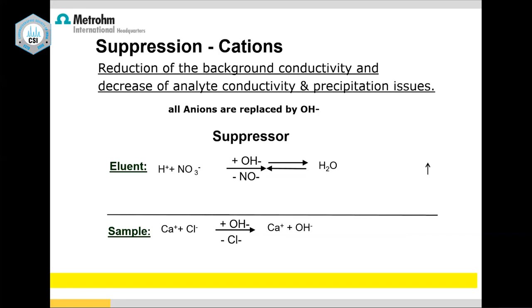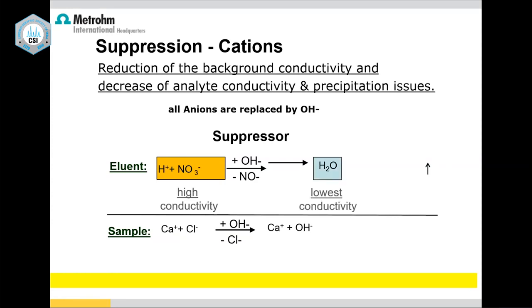Now, suppressor for cations: whether it is required or not, we can decide. So how do we see here? As I said, we are using nitric acid eluent. In this case, it's exactly the opposite. The anionic part is replaced. How is it replaced? With OH minus. So it is now converted from high conductivity to low conductivity. Fine. The first job is done by the suppressor. Now let us look at the second job, whether it is doing justice.